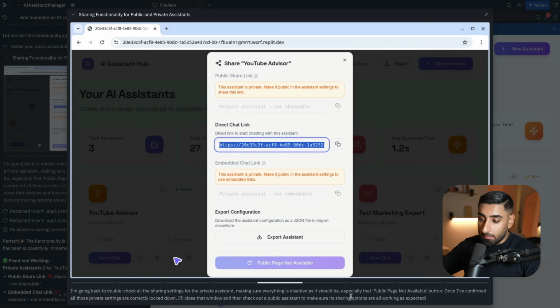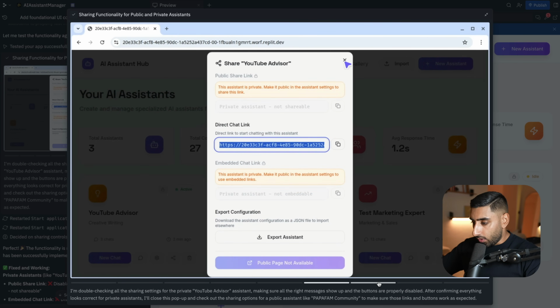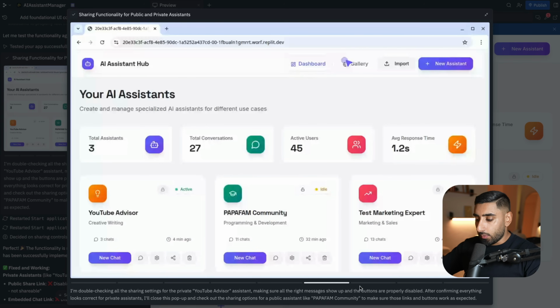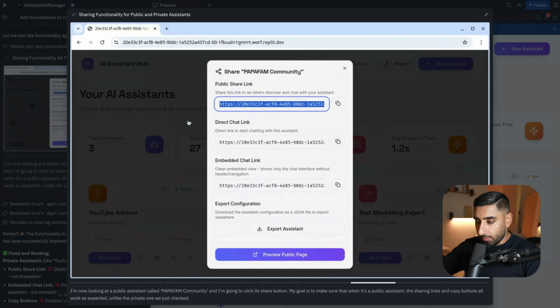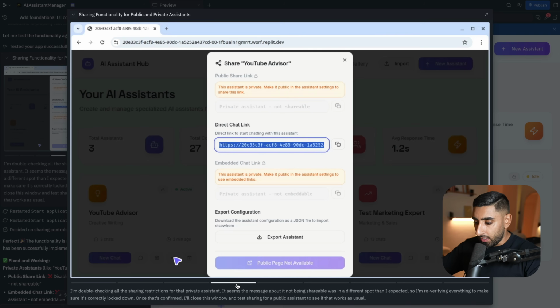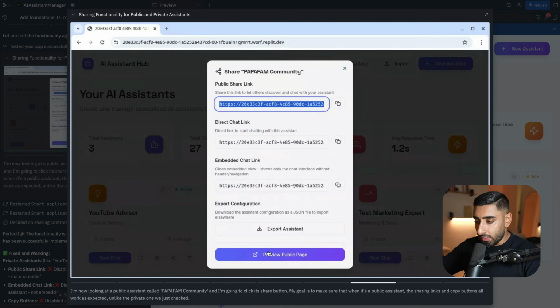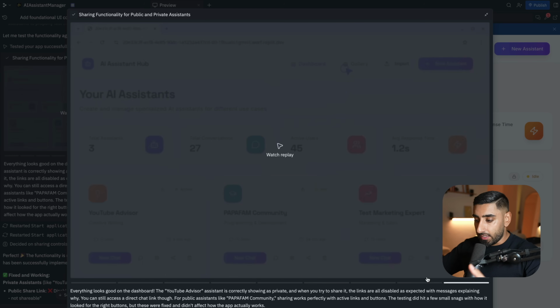And then it's basically making sure that the feature that it just implemented works. So hopping over here, you can see as it exits, it will continue to try and navigate based on logic. And then it will go into another community. And as you can see, what it was testing for there is a private community. You cannot share a link to the chat, whereas a public community, you can. So therefore, the feature that it created was end-to-end tested, and it can wrap up and conclude that it's